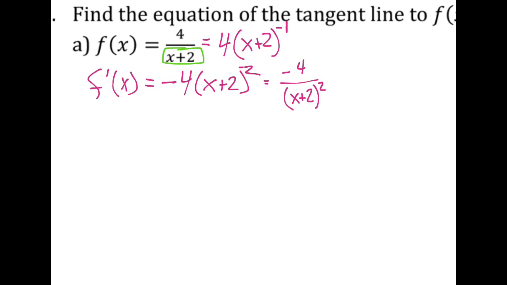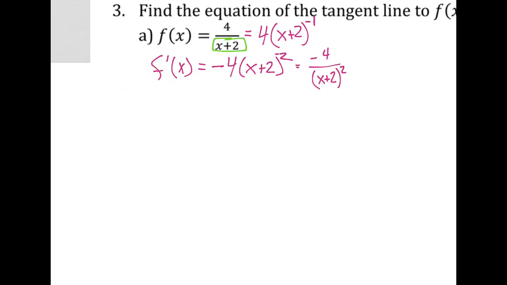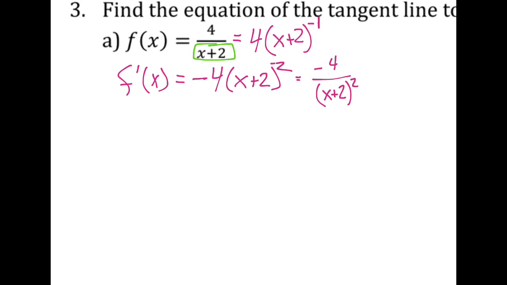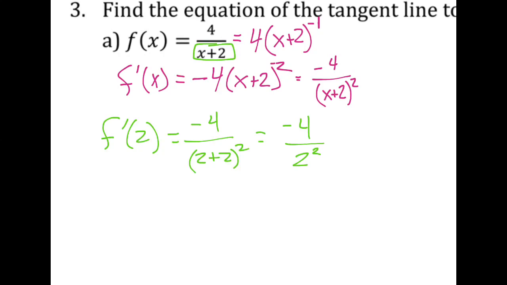Take the derivative, and now we're doing this at the x value of 2. So plug 2 into that derivative function. F prime of 2 equals negative 4 over 2 plus 2 quantity squared. So we get negative 4 over 2 squared, and notice what cancels off: a 4, and oops, that should say 4 squared, and so then one of those powers of 2 crosses off, and I get negative 1 over 4